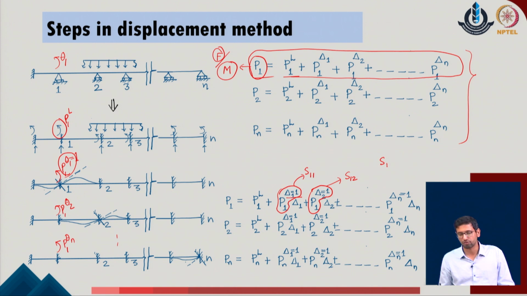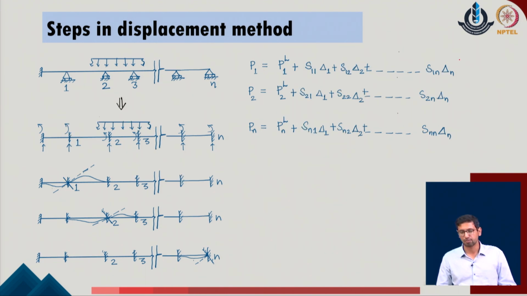Subsequently, we can define S of ij as the force in the direction of degree of freedom i with respect to a unit displacement in the direction of degree of freedom j of the given system. By writing all these together, we simply define this condition, and this could be represented in a simplified case like this. Having all these systems together, we can now evaluate them, and we can try to calculate the net unknown displacements of the given system.